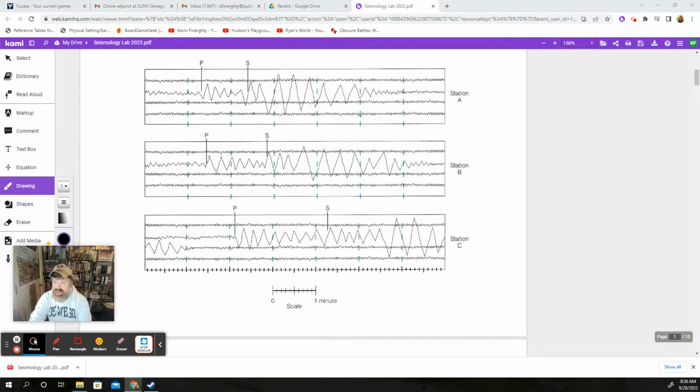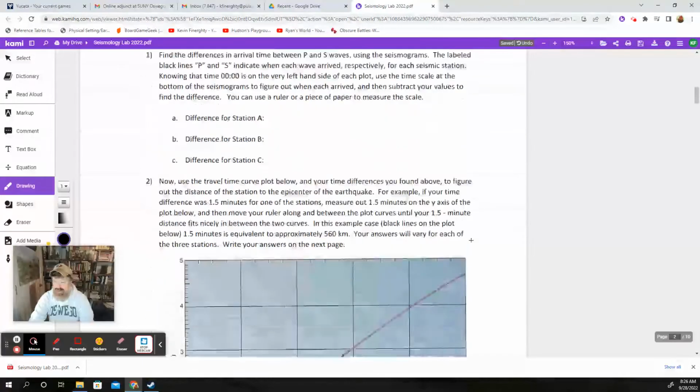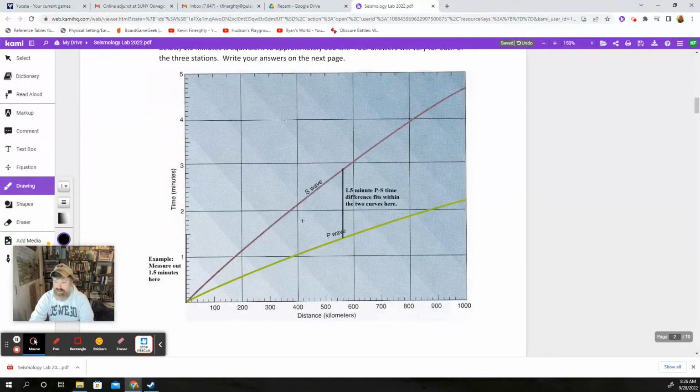Okay? So how much time passed between the arrival of the P and the S, just like lightning and thunder. And you can see here it's the shortest, here it's in the middle, and here is the longest. So right away, maybe we should figure out which station is closest. Hint, hint, it's that one. And which station is furthest. Hint, hint, it's that one. And really what this graph is then is just, well, where is it exactly that far?